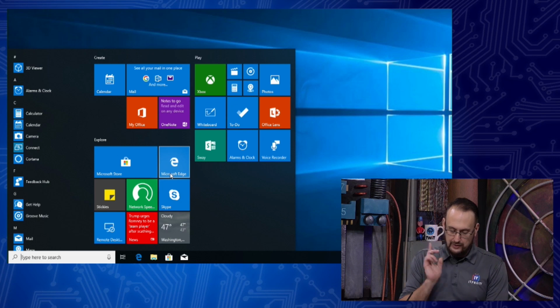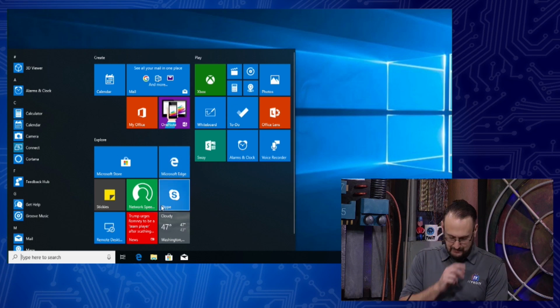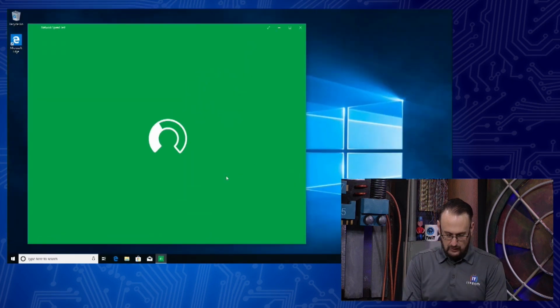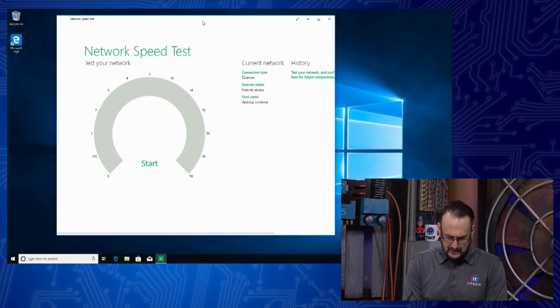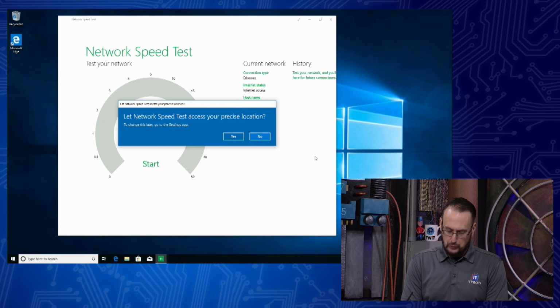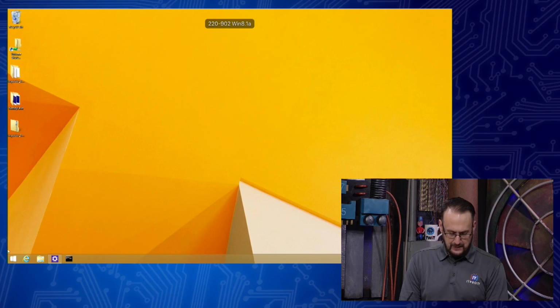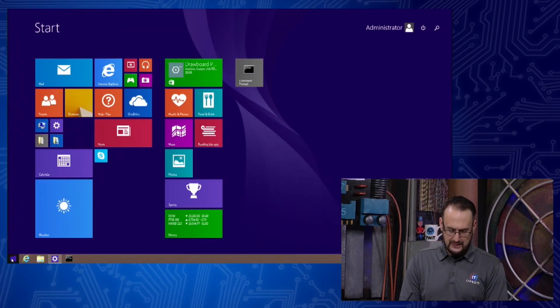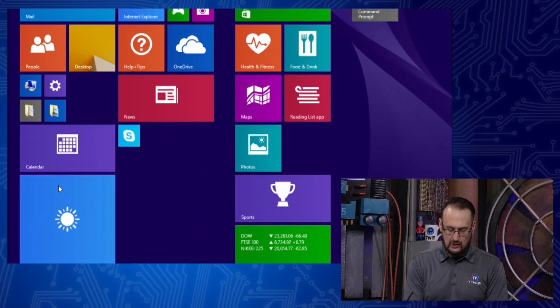Now, I will tell you, one of the great things that I do also like about this, let me see if I can find one that's not going to go crazy on here and take a whole bunch of time to load up. Okay, notice this, Zach. Notice how this isn't full screen. No, it's not full screen, right? I can still see my desktop here. This is one of the things that some people did not like about the tile interface here. When I open one of these tile